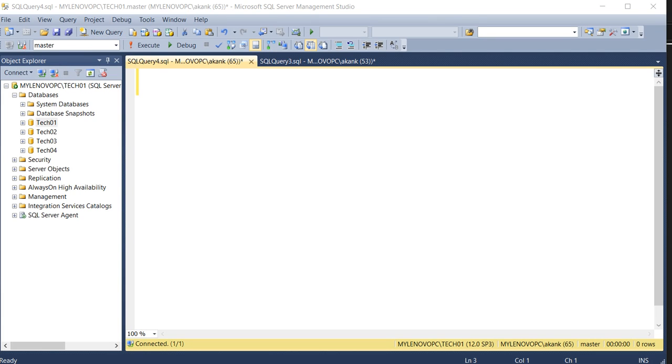Today, how to take multiple copies of a SQL database backup in just one command, and also in Management